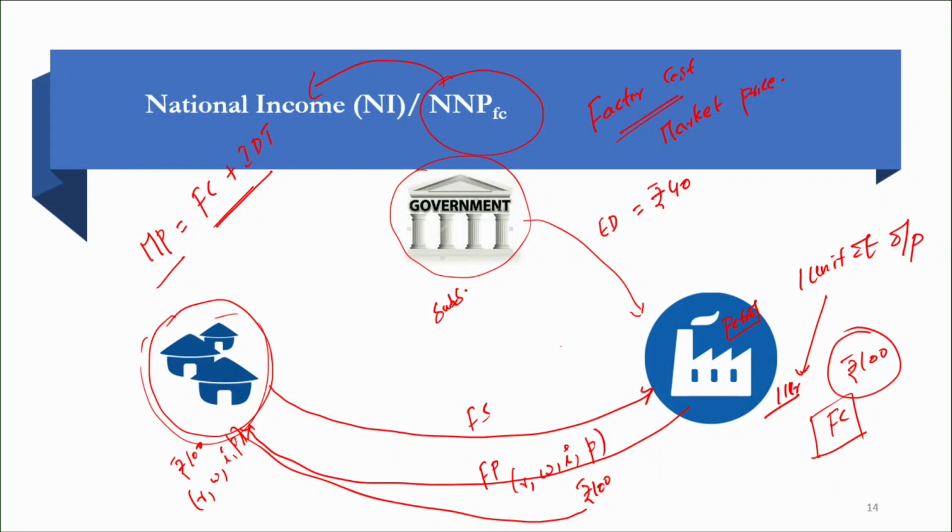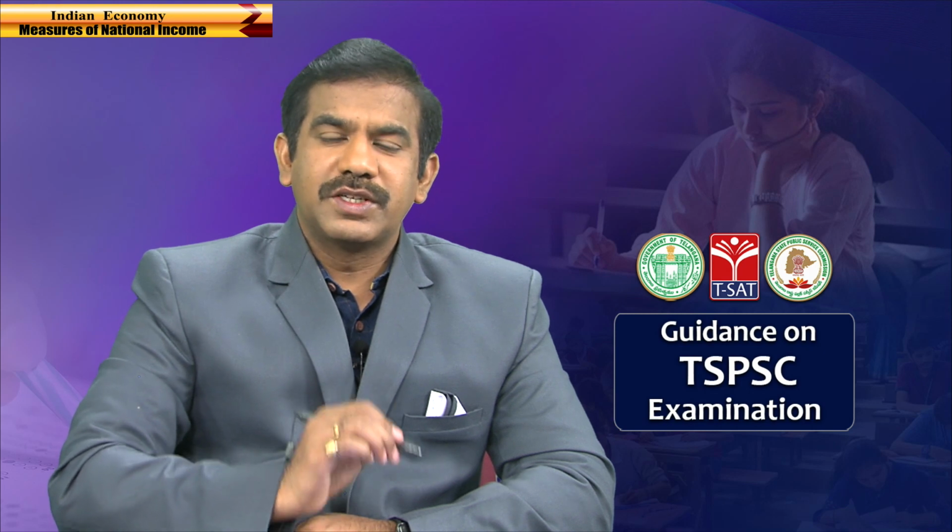But imagine in some cases the government of India not only taxes the product, let us say the government of India has subsidized the product also. Imagine the government is also giving a subsidy on the same product. Let us say here in this case the government is giving 60 rupees of subsidy for every 1 liter of petrol. In such case, what is the government simply saying? You petrol making company, you don't need to sell the petrol at 140 rupees because 140 rupees is too much to people, and henceforth what I am simply saying is that I would like to share a burden of rupees 60 from my pocket.